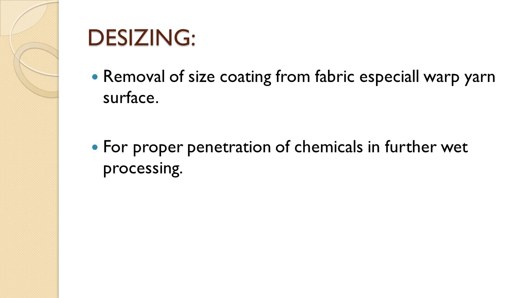It will be consisting of adhesives, antistatic agents, some softeners, like that. Once the weaving is over, the size is not having any importance in case of pre-treatments. Since it is considered as an added impurity, it has to be removed efficiently. So also we want to improve the penetration of chemicals. If the added impurity is there, it will affect the penetration of chemicals and water during wet processing. So we need to remove it efficiently.